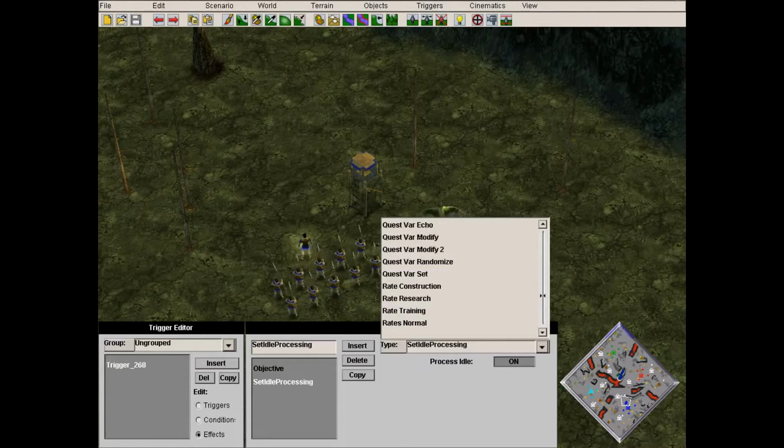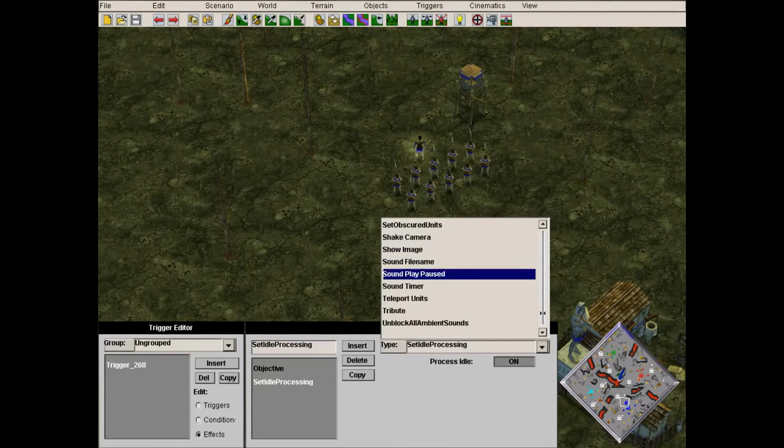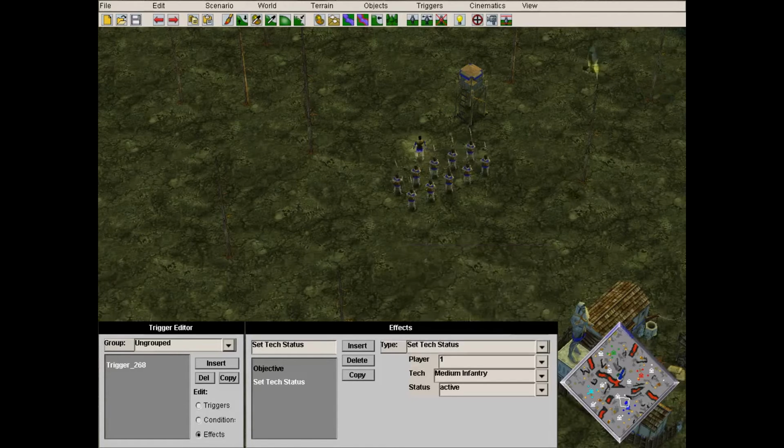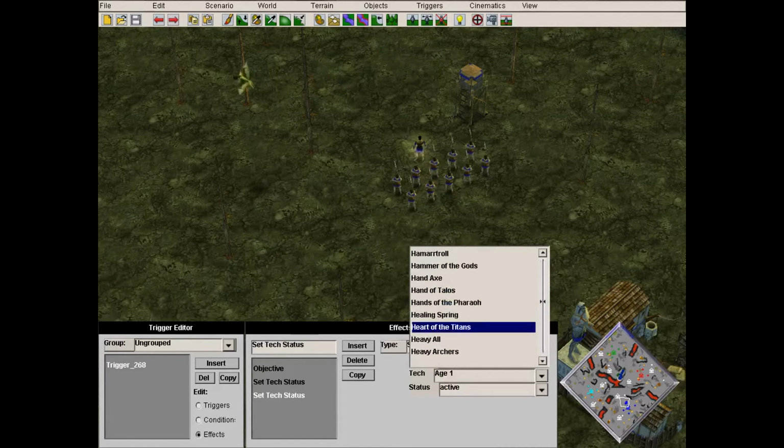And if I want to add tech, like if I want to make my soldier champion, you go here and you click S, and there is set tech status. I want my soldier to become champion, so I'll go here. First thing I want to do is to make them medium, because if you make them only champion, it will let you research only the champion one, so they'll be as good as a medium soldier. So you need to make before medium, heavy, and then champion. So I'll go here, medium infantry, then I'll click set tech status, heavy infantry,